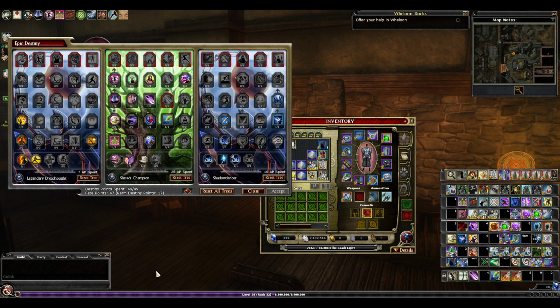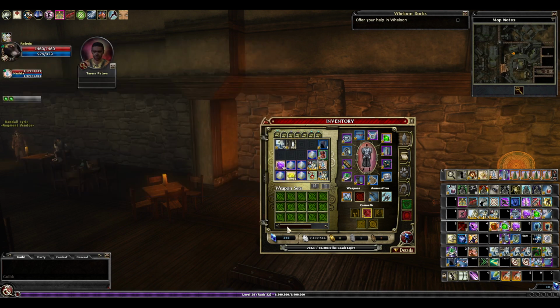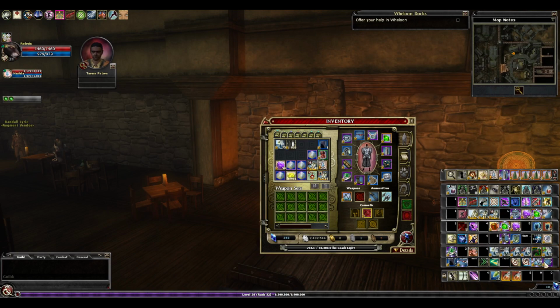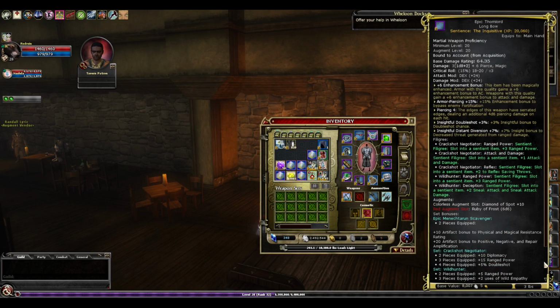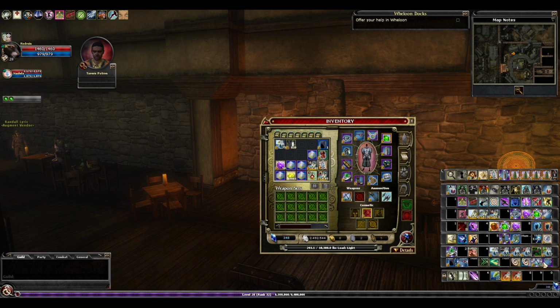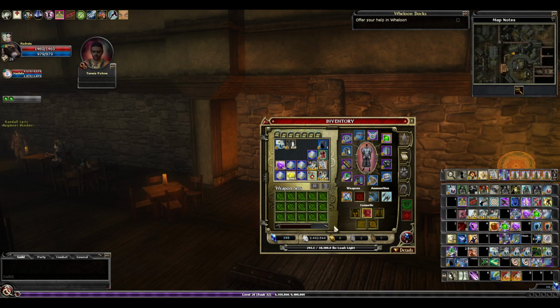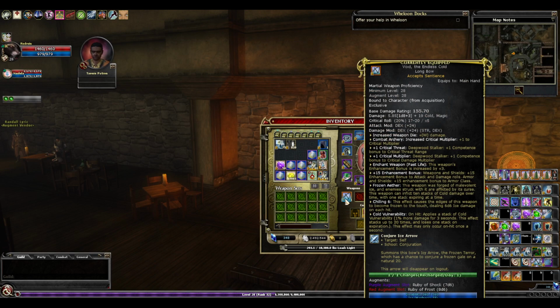We plan to show you our trek through Wheloon this time around. I did compare this Void bow versus the Thorn Lord, and it does come out nicely ahead damage wise. I mean, yes, the Thorn Lord's got sentience and bits and pieces there. The Void has nothing of that. It does have a couple of